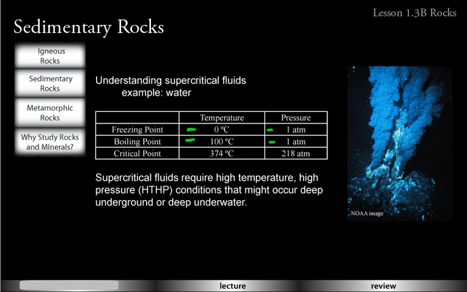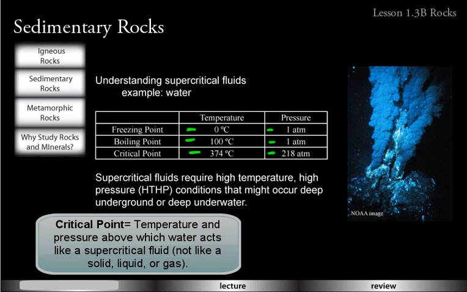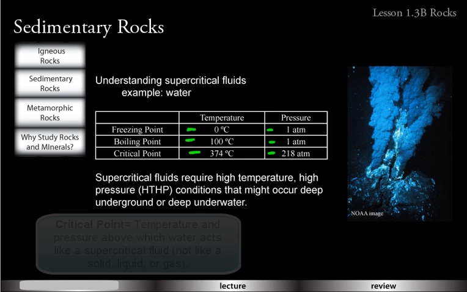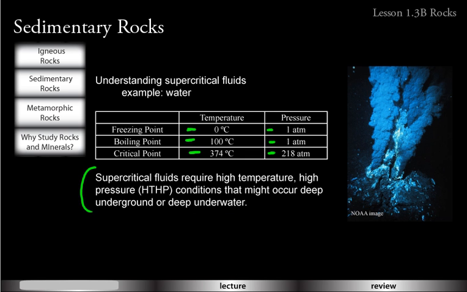Now, supercritical water acts different, and that's a high temperature. Look, 374 degrees Celsius, over 3 times higher than the normal boiling point for water. And look at the pressure, 218 times greater than normal atmospheric pressure. So these things happen under thousands of feet of rock or thousands of feet of water. And something to think about here, supercritical fluids require high temperature, high pressure conditions that might occur deep underground